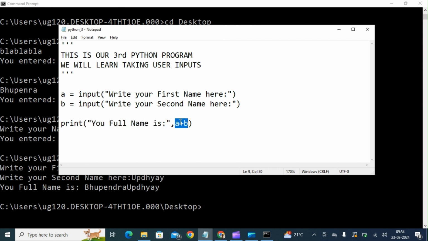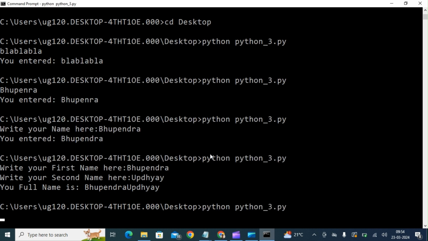So this one is Bhupendra Upadhyay without any space in it, and the first one is this one. So within these two, there is a space, which is the default setting. But for adding a space between these two, you must remember to have a space there. So here I have concatenated three strings, and now when I run it again,